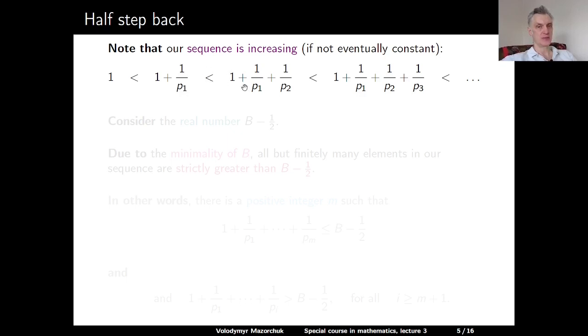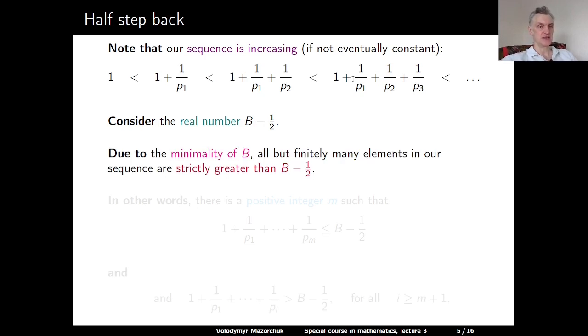This is smaller than 1 plus 1 divided by p1 plus 1 divided by p2, and so on. So we have our minimal possible bound capital B, so we can consider the real number b minus 1/2. And since our sequence is increasing, or eventually constant, and b is the minimal bound, b minus 1/2 is not a bound, which means that all but finitely many elements in our sequence are strictly greater than b minus